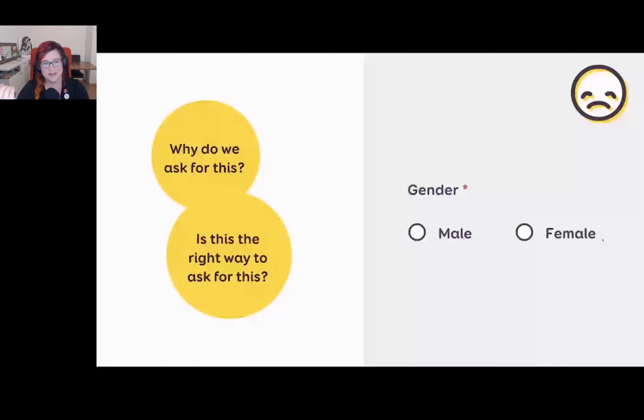And the people who built this form just assumed that everyone at some point is going to have a car, going to buy a car, and going to need a car insurance, which might be true for a big part of the population, especially in Luxembourg.